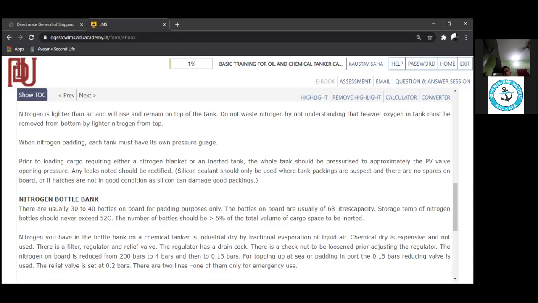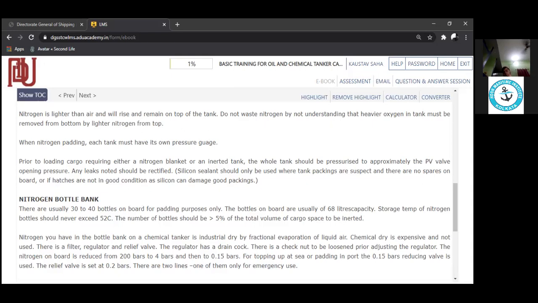Positive pressure should be maintained basically so that no air should enter inside. Any leaks should be rectified. Only then should this nitrogen padding be done. Because if there is a leak, then the pressure will release. There is no point. Then, as I told you, if the cargo is more pure, or as per the charter,